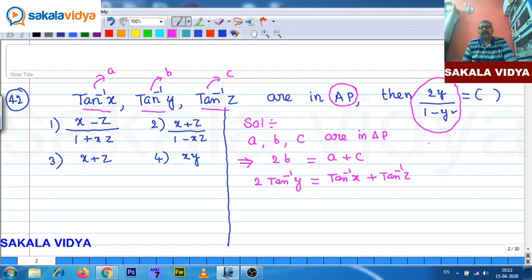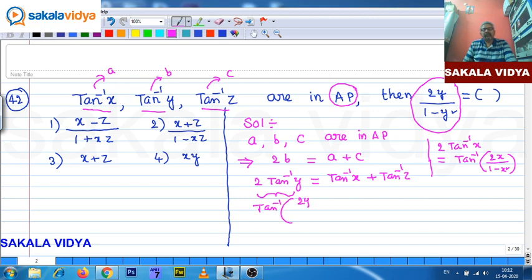We have one important formula already studied. Let me repeat it once again for the benefit of the late viewers. 2 tan inverse x is equal to tan inverse of 2x by 1 minus x square. So now 2 tan inverse y can be written as tan inverse of 2y by 1 minus y square, whereas tan inverse x plus tan inverse z we can write as tan inverse of x plus z upon 1